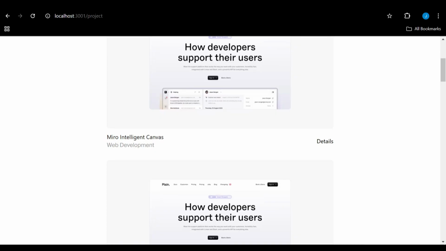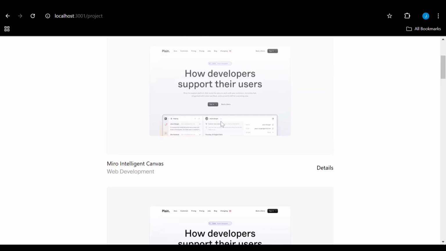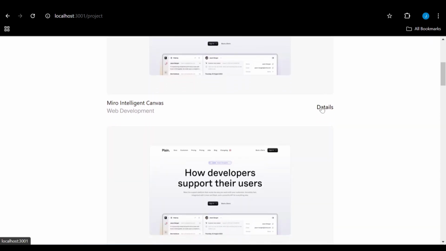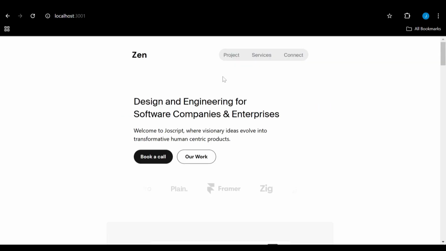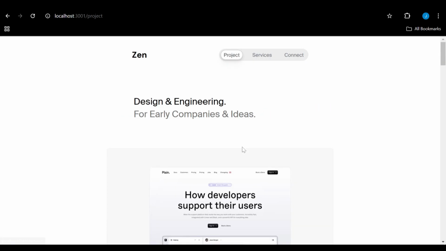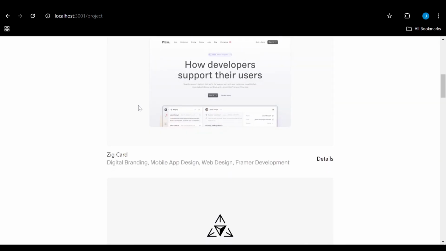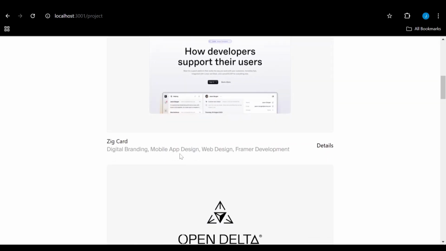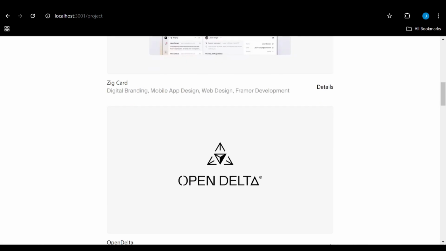a tag of what this project was all about. And you can click to see details, which I didn't include. If you want to, you can do that, but for now I'm not doing that. So every card, every project has its own tags and also a title attached to it, and you can click details to go further